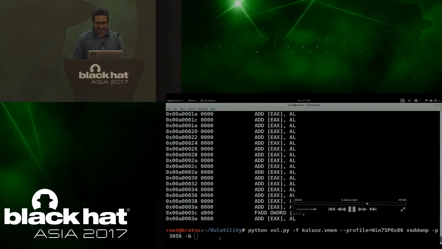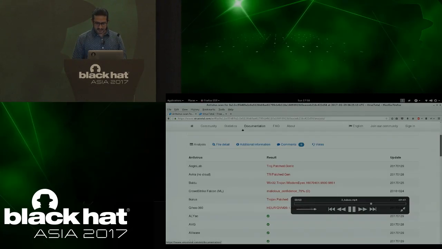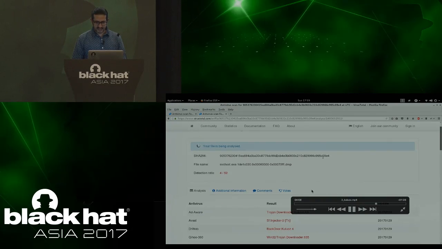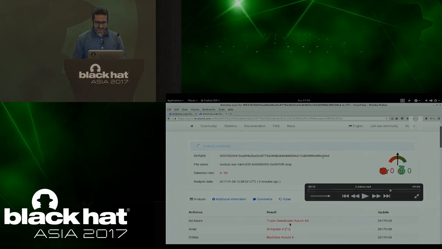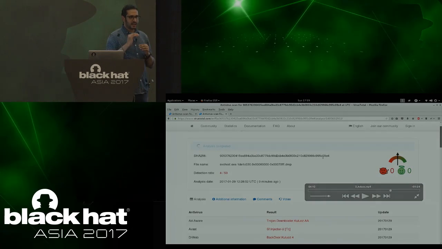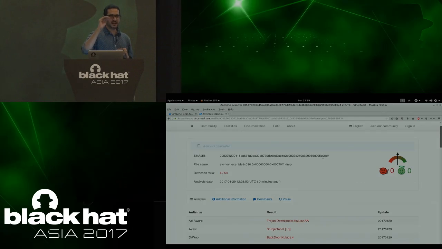Okay, let me dump that section of memory and submit it to VirusTotal now. You see that when I submit to VirusTotal, it says that it is a component of Kulos. Okay? In case you know traditional hollow process injection, you think that you found the traditional hollow process injection, and if you dump it and analyze it, you will be misled, and there is no way to tell there